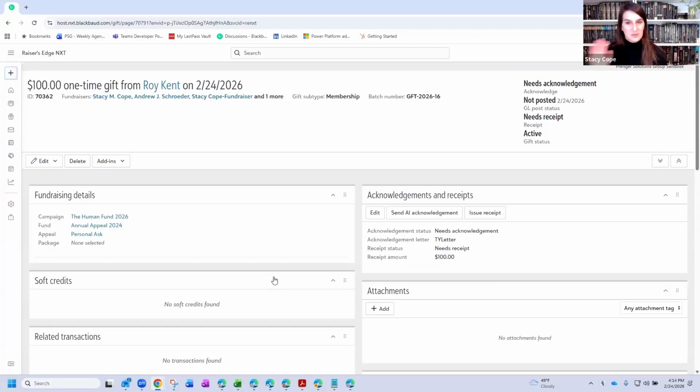So batch templates, super useful. Make as many as you want. Use them to make your gift entry faster. I am a big fan of hiding all the fields that you can if they're going to all be the same, and then just fly through it. Yep, get them all in. So give it a try. Think of all the ways you can use batch